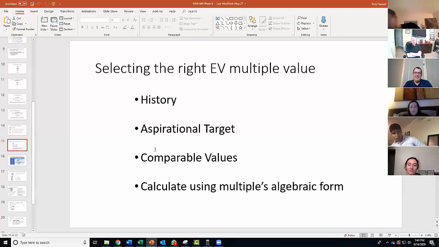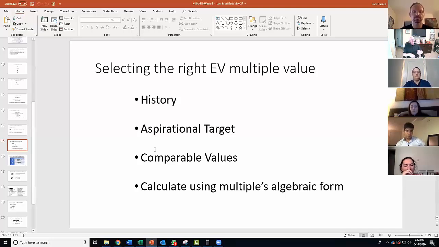So think about this. A multiple tells us as much about the company's expected future growth as it does anything else when you're comparing two companies. And if you see that one company is being given a multiple of 3 and another company is being given a multiple of 4, the company with the multiple of 4 has a higher growth component than the company with a multiple of 3. If it was 2 instead of 4, there would be a lower growth expectation.